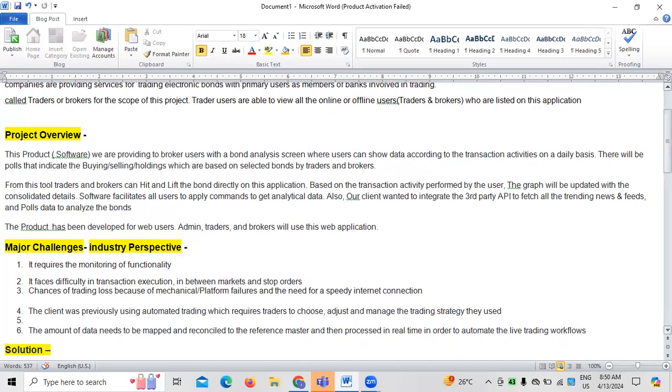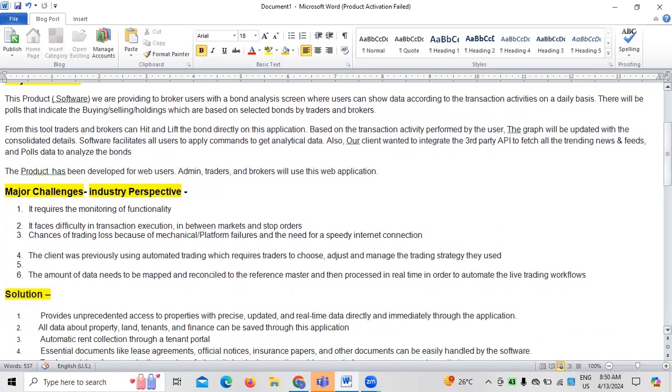Now, the major challenge. What is the major challenge the industry is facing? Because when we are going to develop any product, it's always important for us to understand the market gap or the challenge, because there must be some gap which you need to identify if you are developing a product, right? When we go to the customer and try to sell the product, the first thing the customer will ask us is, why should I buy this? In what way is this beneficial to me from the company or organizational perspective, right?